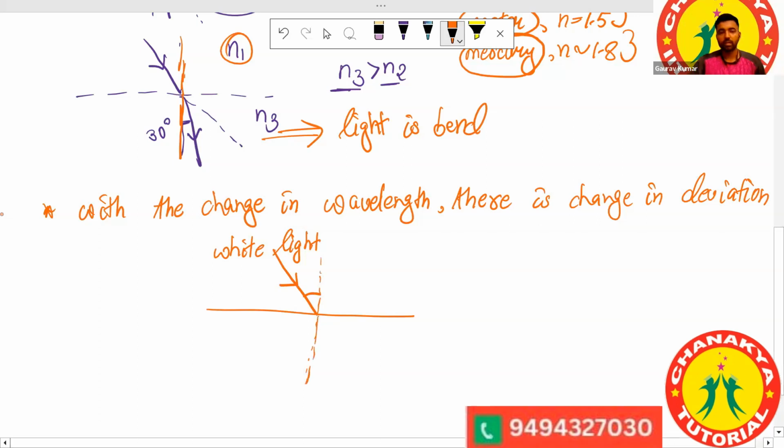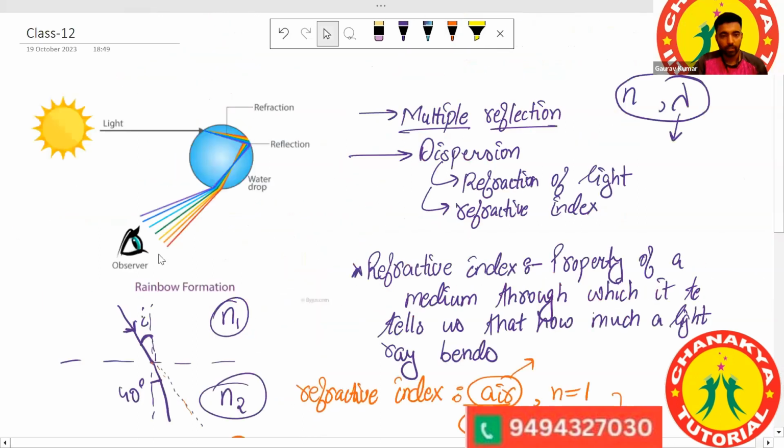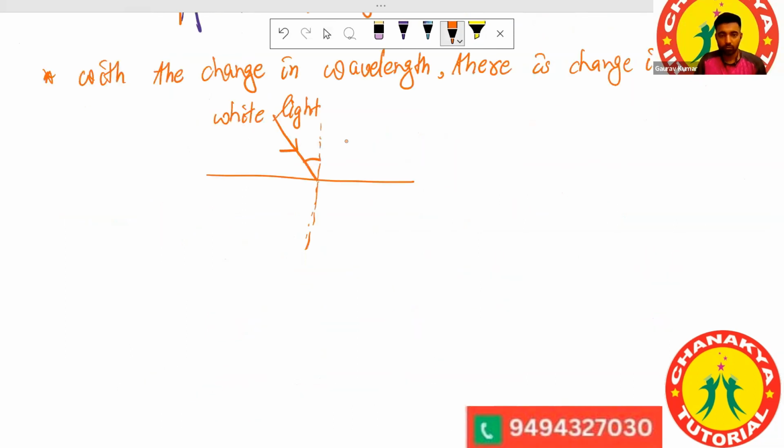So let's say this is white light. Instead of going in the straight line, the light will bend, and this bend will depend on